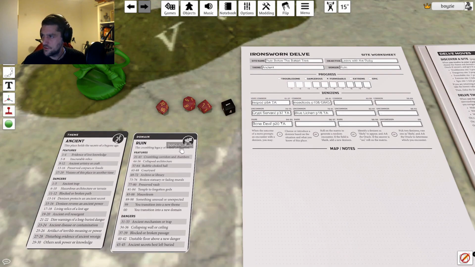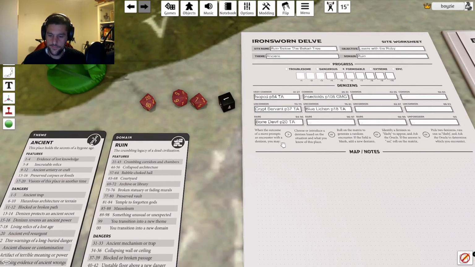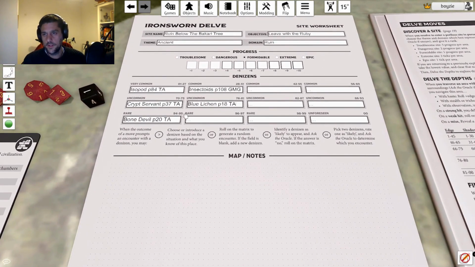and ruin seems suitable. It's clearly been there centuries, because we think Bakari's been living on top of this ruin for centuries. I think it was probably there centuries before him, when him and his apprentice discovered it, and the ruby down there. So I'm going to use the ancient and ruin domains, and I've already populated the denizens a little bit. So I imagined there's some isopods there,